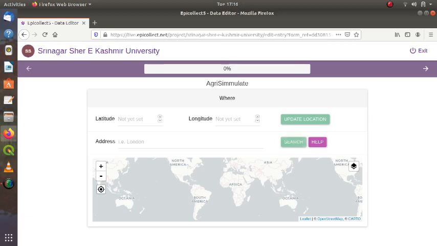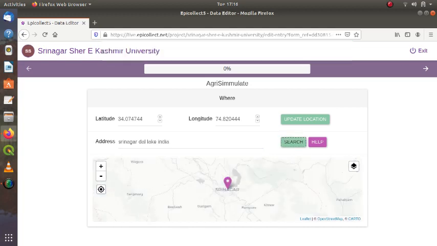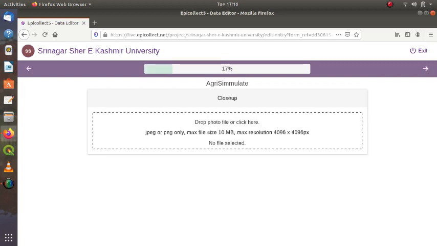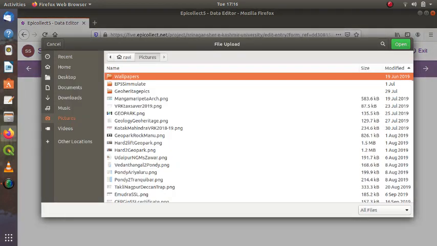Now I go back, go to the third one, and go to search again. Srinagar, Dal Lake, India. Probably this I'll get just like that. Let me see. Yes, I've come to the Dal Lake. So I can just update the location, go to the next, and I can make Dal Lake here.